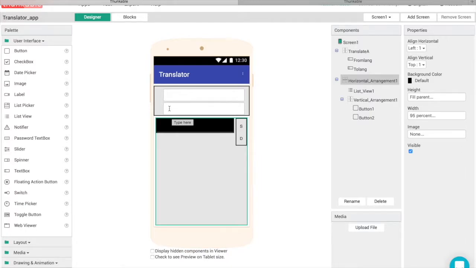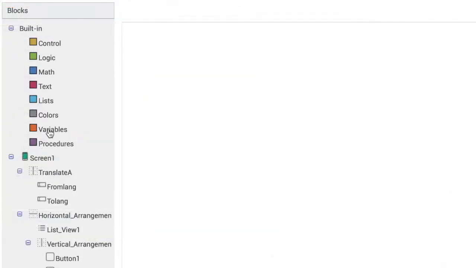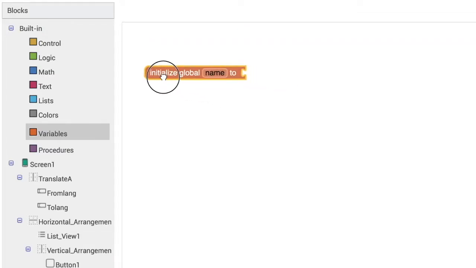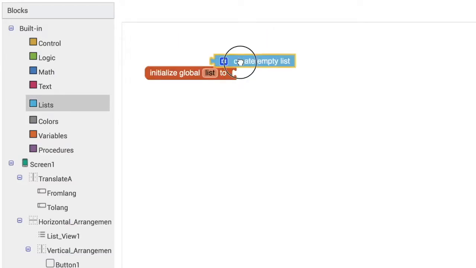Right now, let us just make this list workable. In order to make the list workable, let us go to the blocks section and create a variable which will be a list. So global list, let me just name it as list, and I'll create an empty list with this one. Drag this block